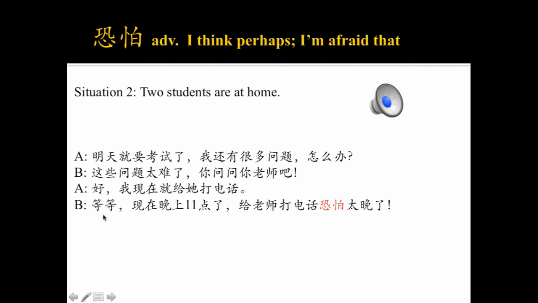And B said, 等等, wait, 现在晚上11点了, it's already 11 p.m. now. 给老师打电话恐怕太晚了, I'm afraid it will be too late to call your teacher. So B is concerned that the teacher may be resting at that time. But instead of just saying 给老师打电话太晚了, B said 给老师打电话恐怕太晚了 to soften the tone and make it feel more indirect to